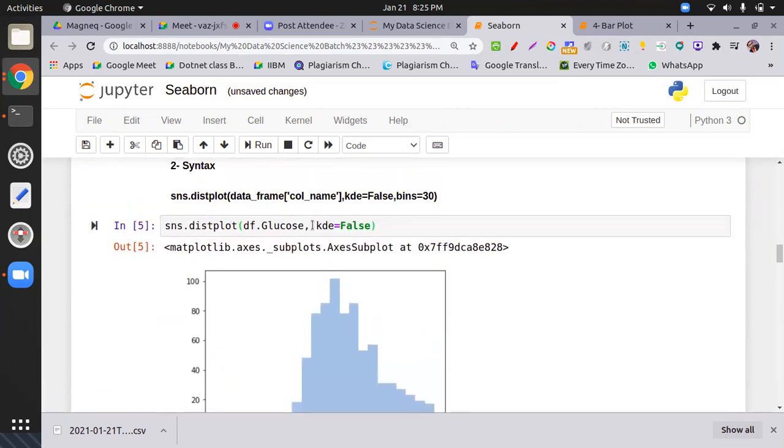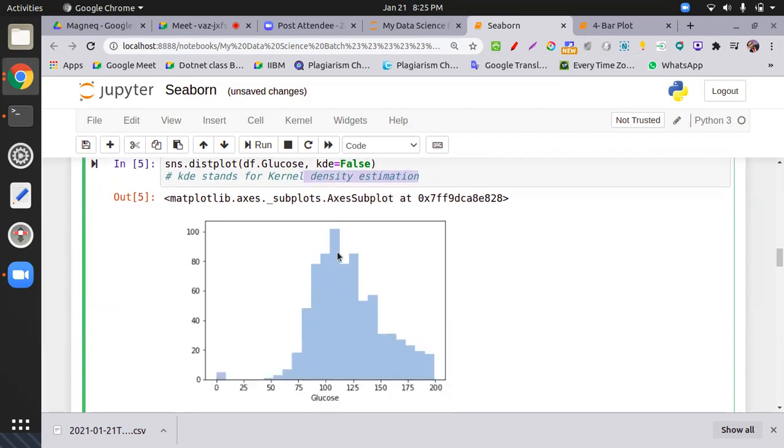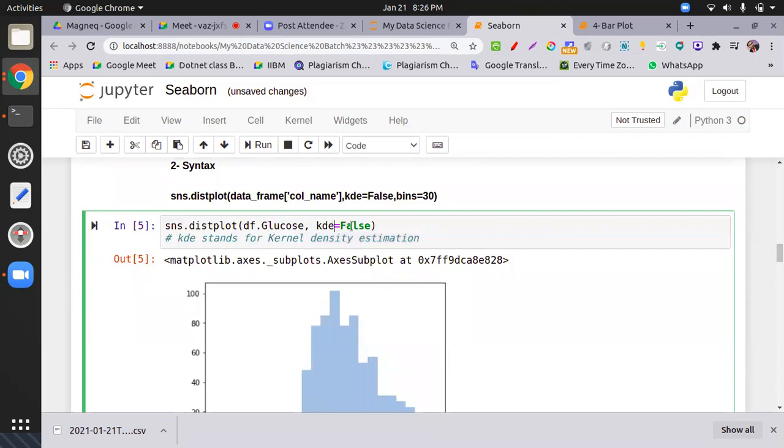By removing KDE, kernel density estimation, this line shows the higher density of data points, and it corresponds to the topmost bar. So I just remove this one.